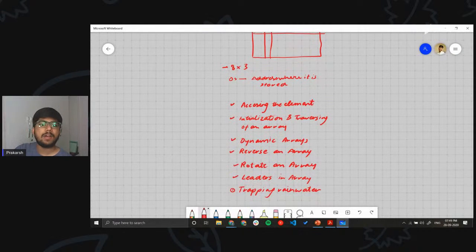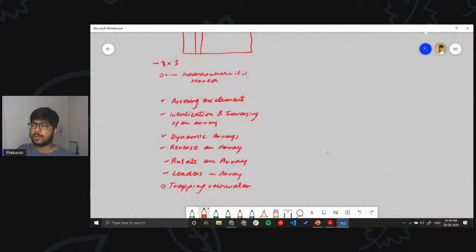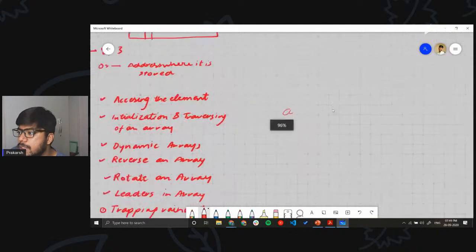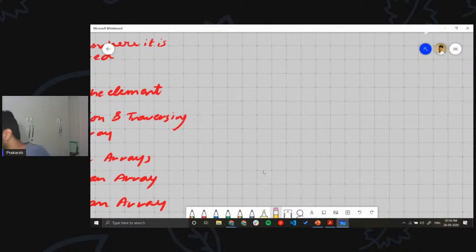So now you know how to access elements, and now you know where elements are stored. So for example, if there is an array, okay,